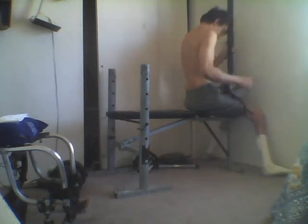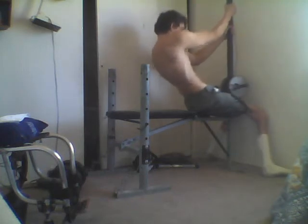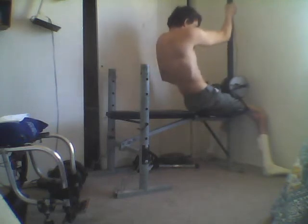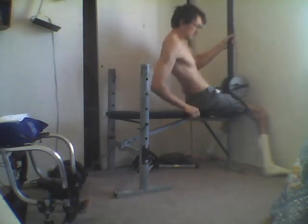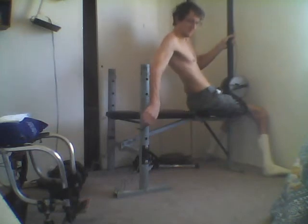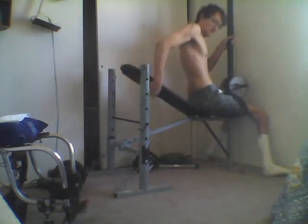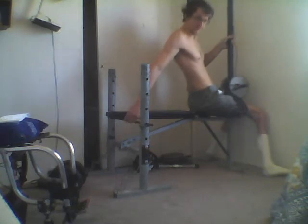But what I was more interested in was my pullover. Was I going to be able to get a full stretch whenever I was doing the pullover, with my arms above my head and actually behind my head? Was I still going to be able to get a decent pullover exercise? And that didn't really seem to be a big issue, because when you see me doing the pullovers, you will see that